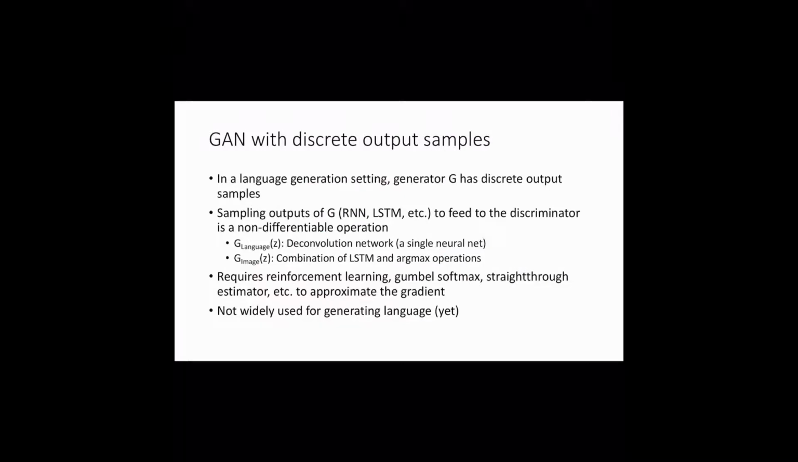In a language generation setting, the generator G has discrete output samples. What this means is that when you sample an output from the generator G, which let's say is an RNN or an LSTM, to feed to the discriminator, that action is a non-differentiable operation because the function G in the case of language,